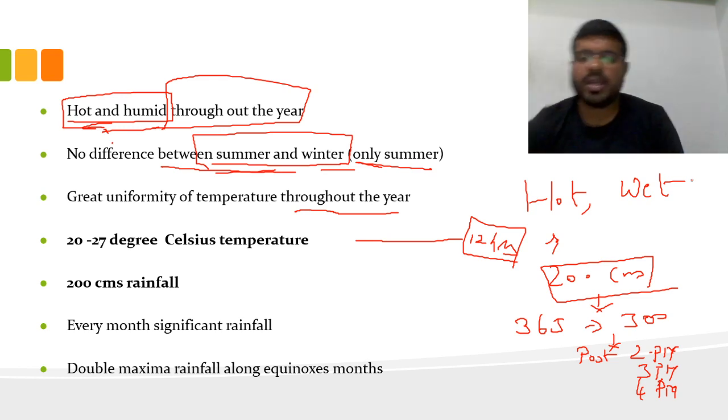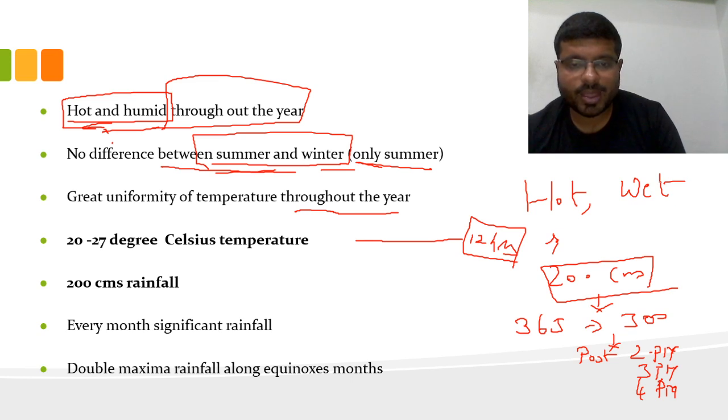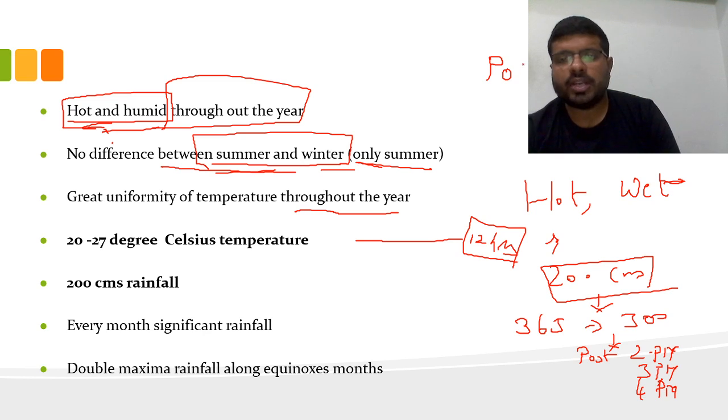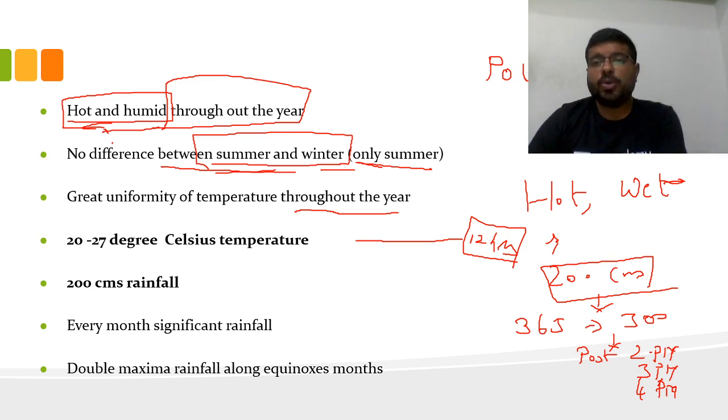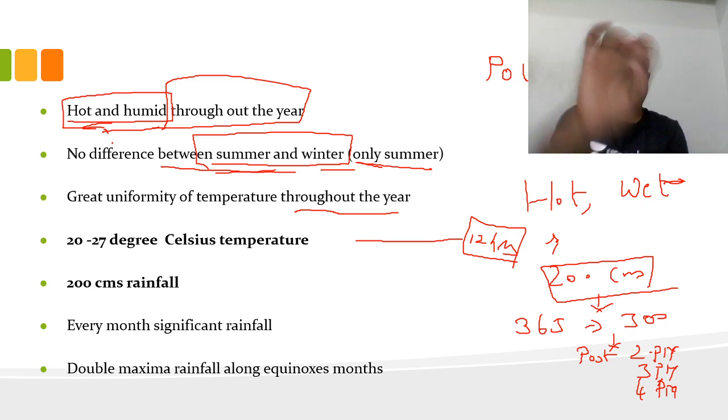They say the rainfall here pours down. The rainfall will not simply occur, it pours down. There is so much huge rainfall within a short period of time. Within 10 minutes, you can get that much amount of rainfall, and once again there will be bright sunlight. So much variation of rainfall in the evening.